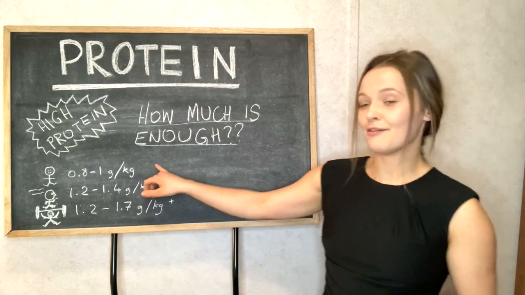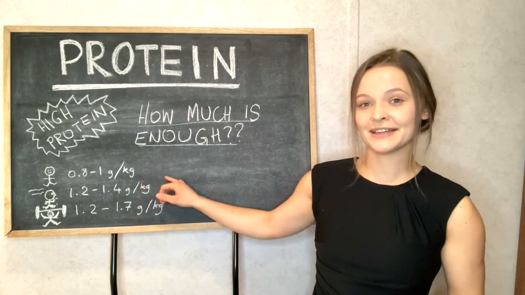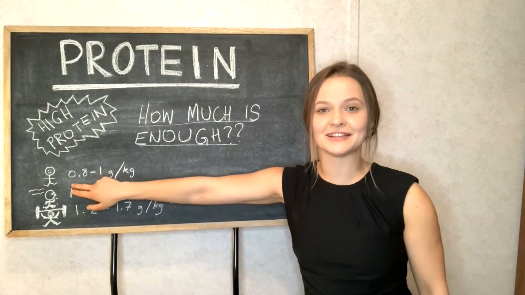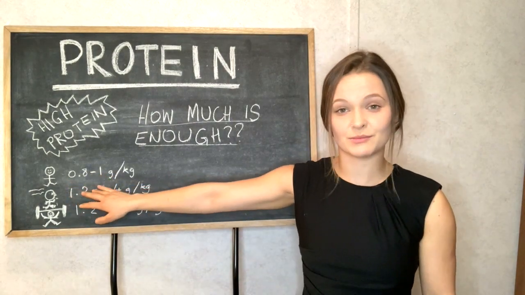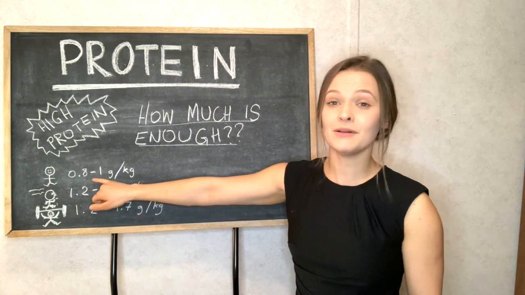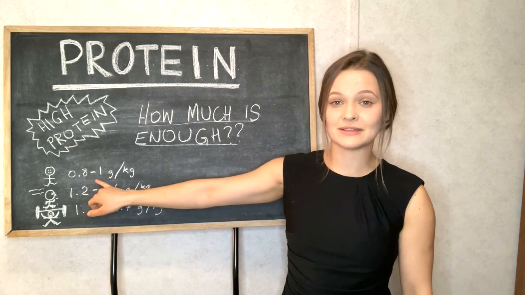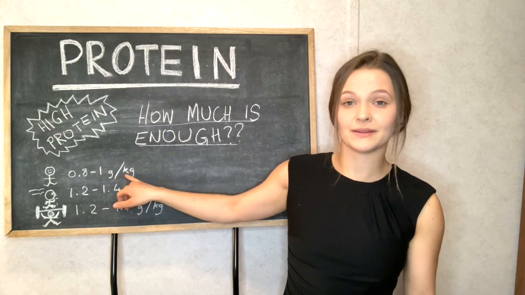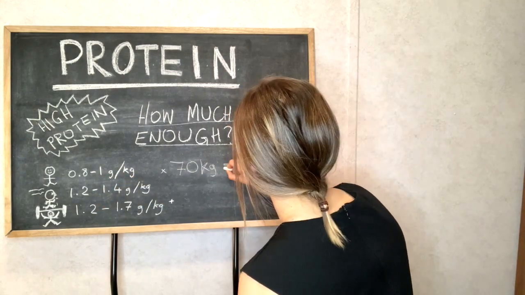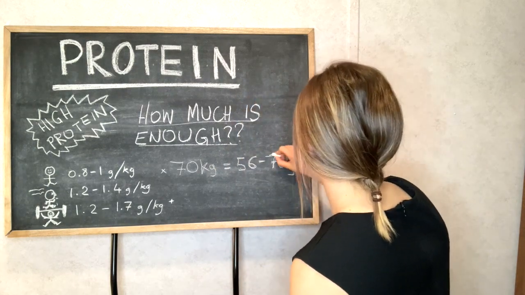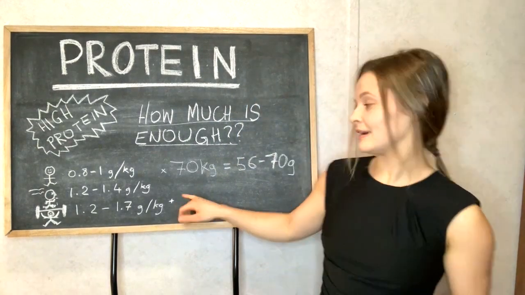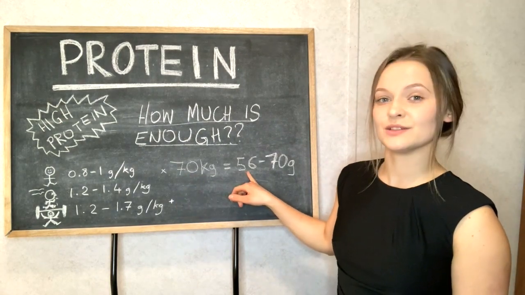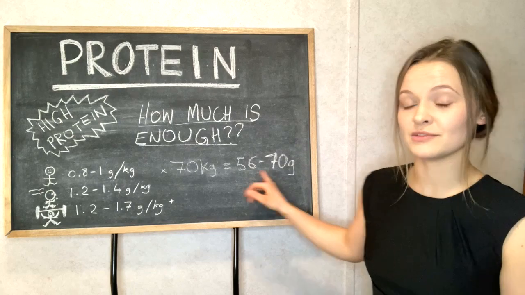So I have 3 examples here of 3 types of humans. So the first little human here is the average human. So that's what most of us are. And we only need 0.8 to 1 grams of protein per kilo of our body weight. Okay, so for an average human of 70 kilos, that equals 56 to 70 grams of protein